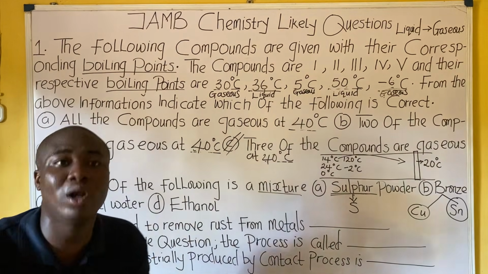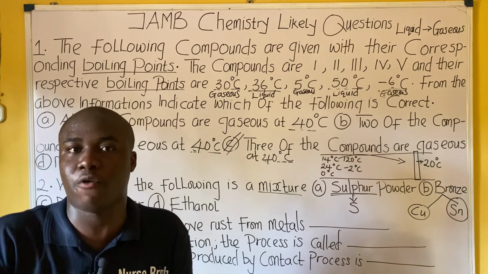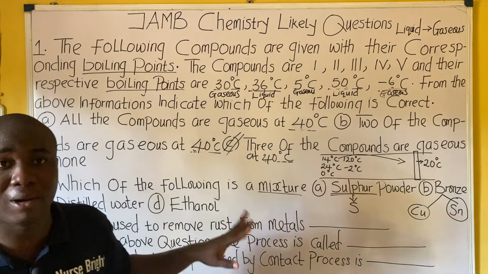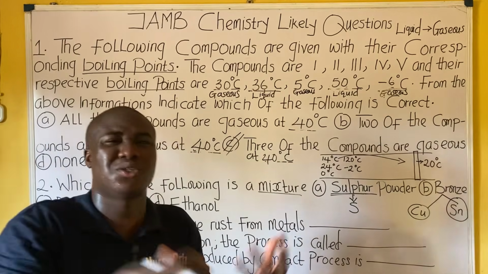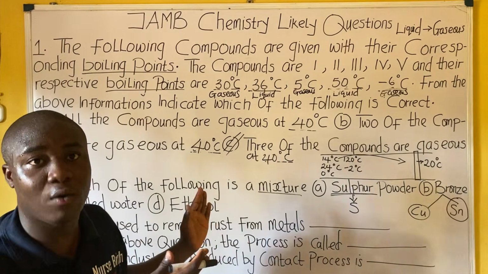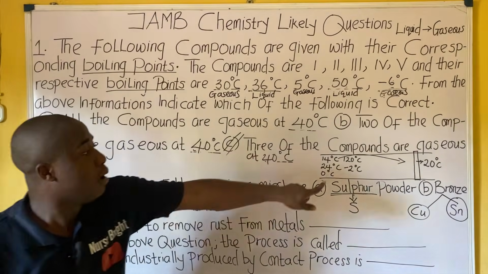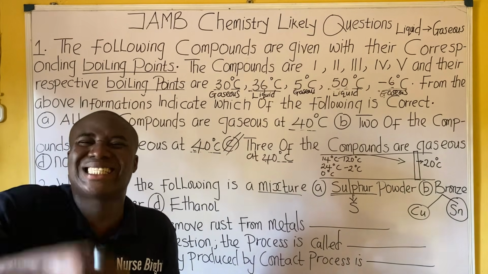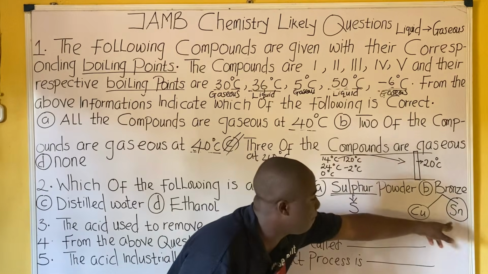You should know that ethanol is a compound, even if you don't know the chemical formula, because compounds have chemical formulas. And these guys, I don't want to write the chemical formula. It's best you know how it was written, not just writing it. Though I know the chemical formulas of these guys. So bronze actually is a mixture, but to be specific, bronze is a metallic mixture because it is formed by